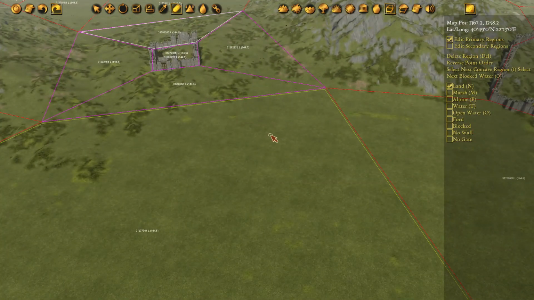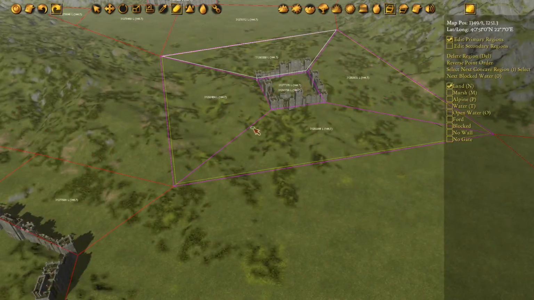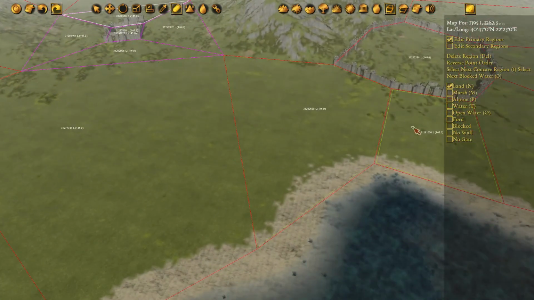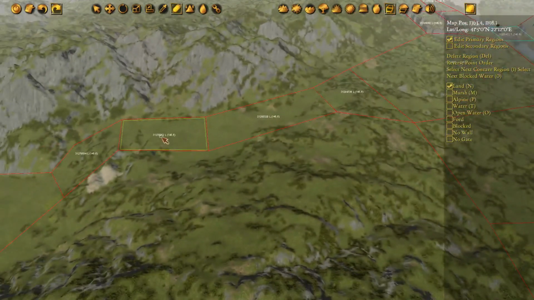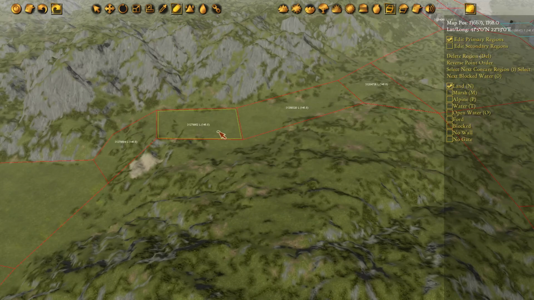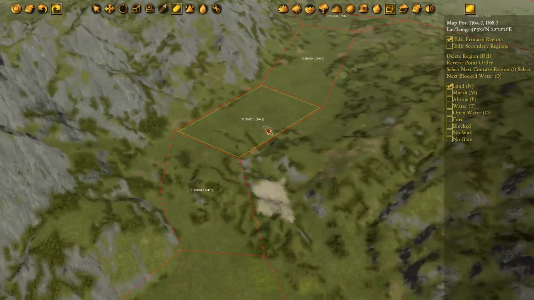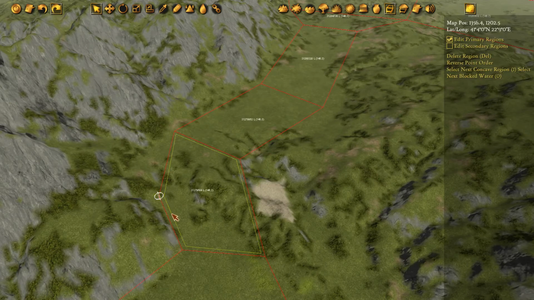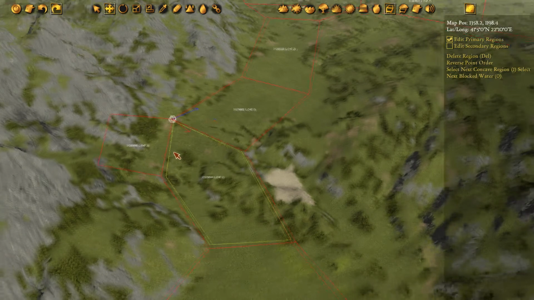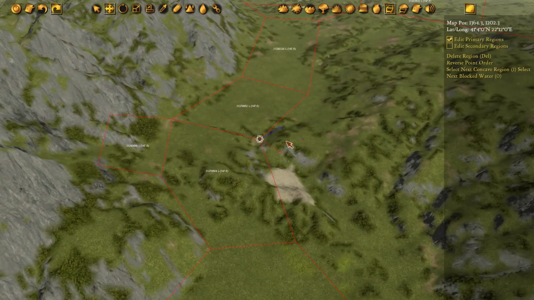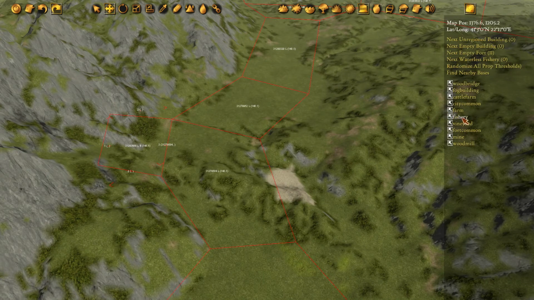Now the third type of fort region uses the blocking system to put it off the edge of the map. So let's find a good spot. This mountain pass here, say we want to be able to build a fort along the edge. So we build a path region off the edge. Now because that's normally blocked terrain, we don't want units to be able to move there normally. So we set that as blocked. And then we place our fort